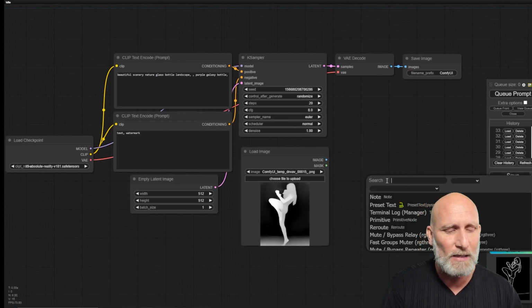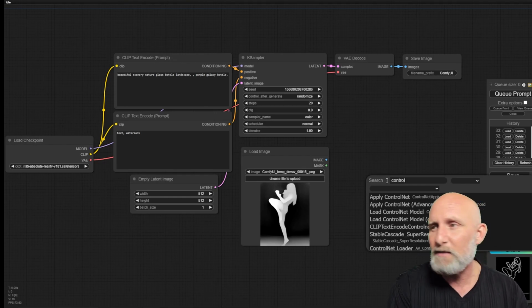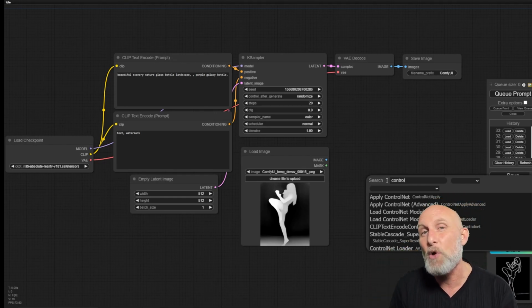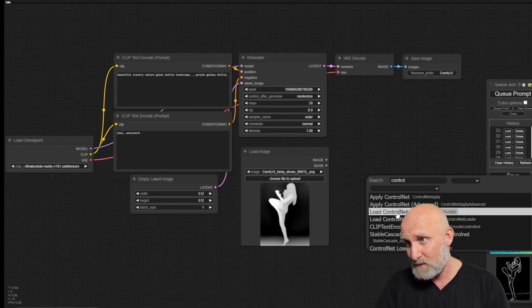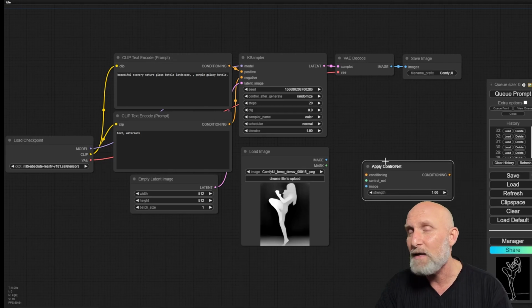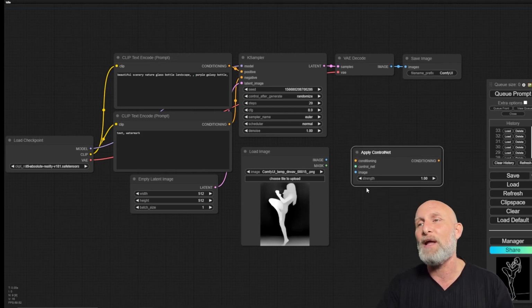I will simply double click and search ControlNet, and you will see that there are two types of nodes when it comes to ControlNet. You have Apply ControlNet and you have Load ControlNet. So we will start with the Apply ControlNet, and we see what it needs in order to apply the ControlNet